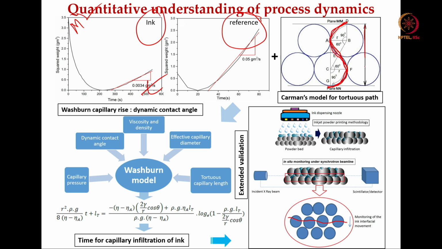We have also calculated, from the simple geometry, the distance between these two planes, and from that we find out this is the LV and this is the tortuous path. So, those calculations we have done earlier, and then we have found out the Cb value, the bed constant.